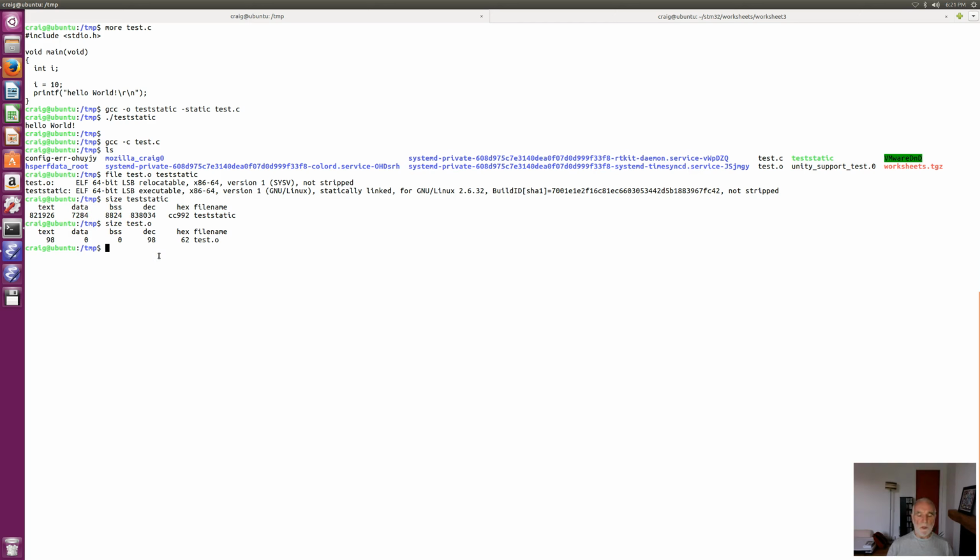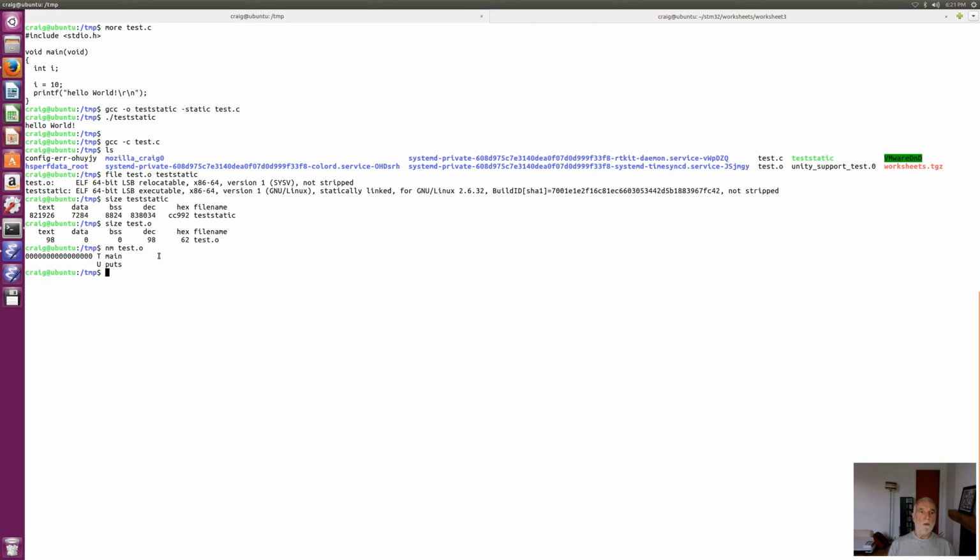Now if we use another feature of binutils, which is nm, like most of these things it's very truncated, stands for names, and it gives you the list of names in the program. And this can be everything from variables to function calls to bits of code and stuff like that. So it's stuff that the system can see. And if we do